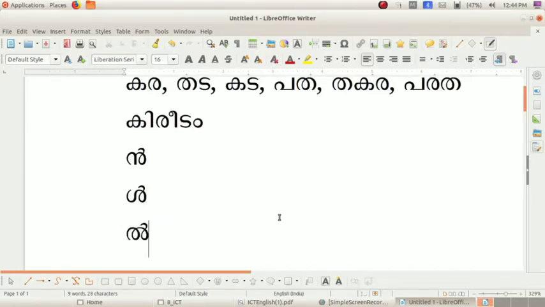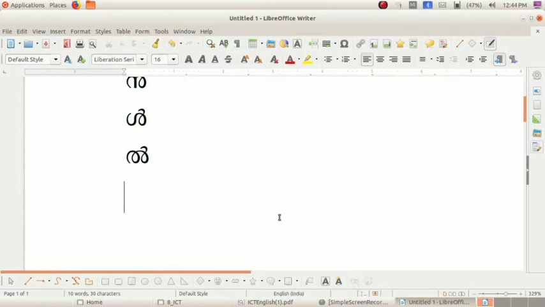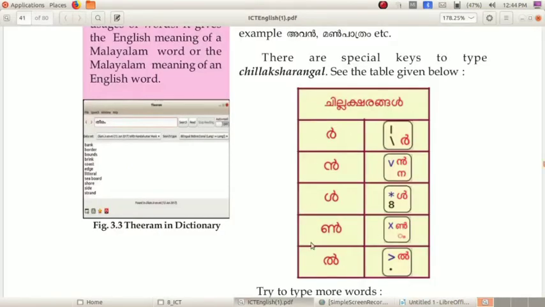Il. Shift plus full stop il. Then the slash symbol is for R. Then shift plus X. So this is for the chillaksharangal. You want to study these keys.